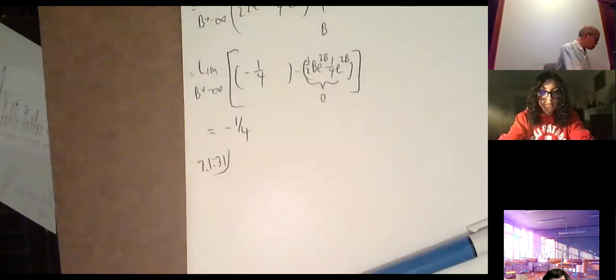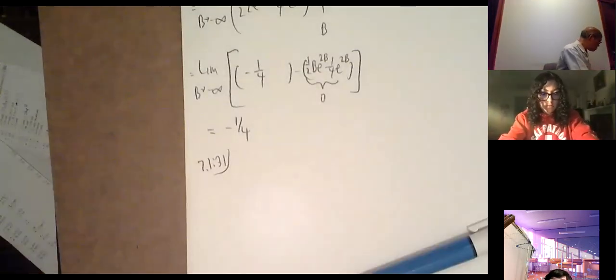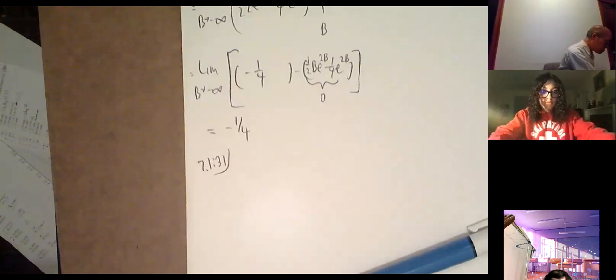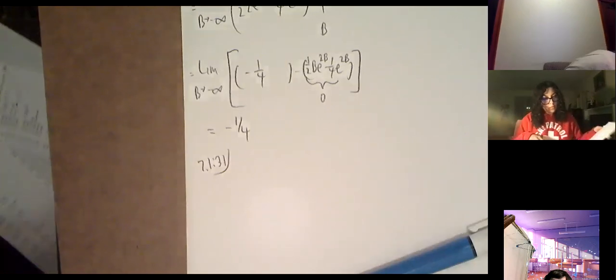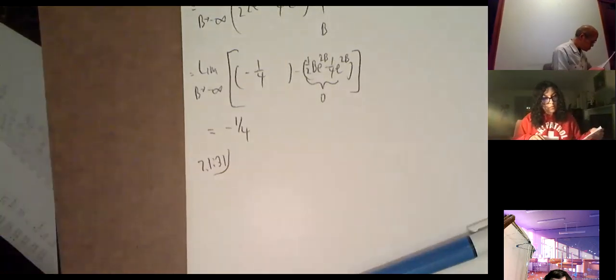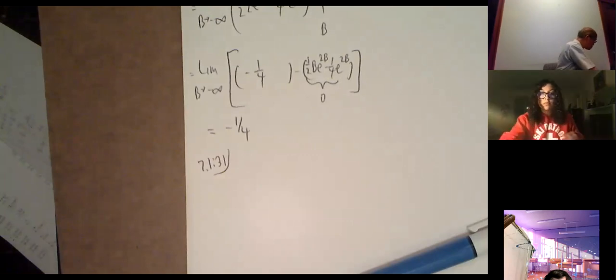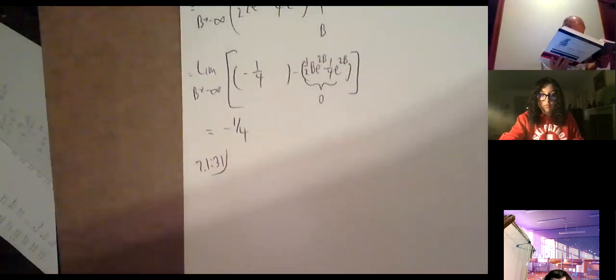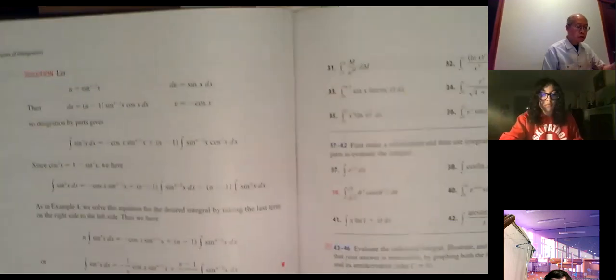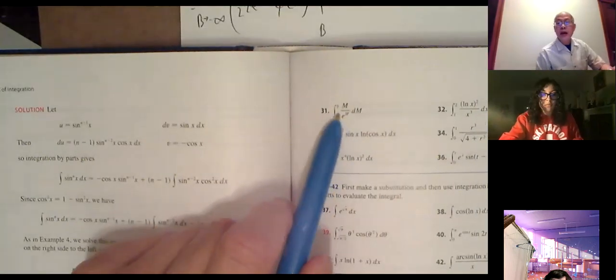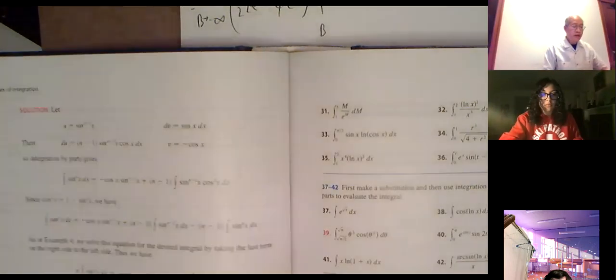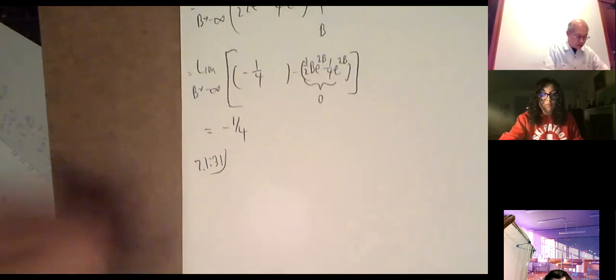7.131. M over e to the m dm, integral from 1 to 5. M is not one of our favorite letters, but